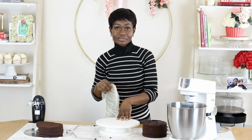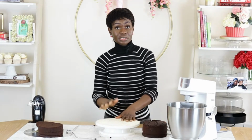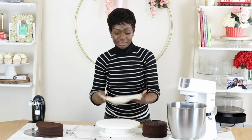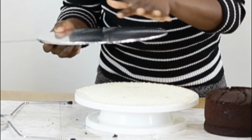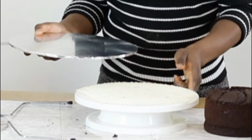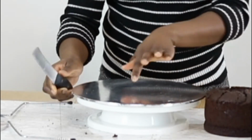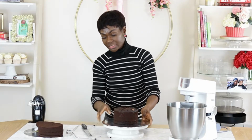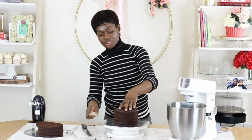For all my cake decorating career, I have decorated using this simple turntable. You can use this or a Lazy Susan, one of which I picked from IKEA but has proven no use to me. On that, I have a non-slip mat. The non-slip mat stops the board from sliding when you are using the turntable. And on that, I am going to place the cake board, and the cake is going to go over that. Using the same principle of trying to take off the dome,